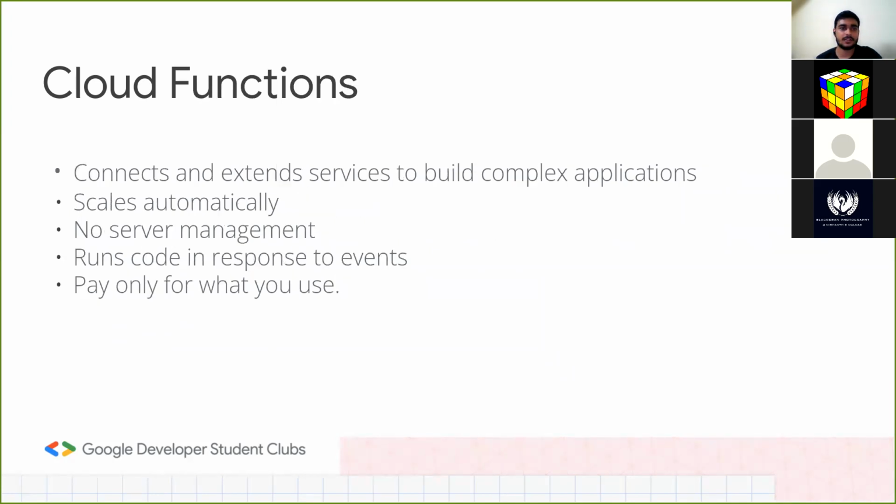Then here come the Cloud Functions. These are function as a service. Suppose you have some kind of business logic in your organization or industry, and you don't want to write a separate program or backend, write code to expose an API, and parse the parameters and all the different things. You can directly deploy a function. There are certain guidelines, but your function will be the same, and you can directly deploy it to Cloud Functions.